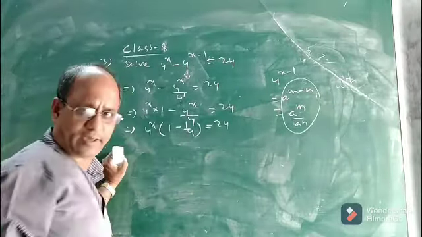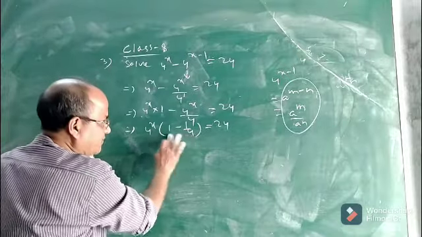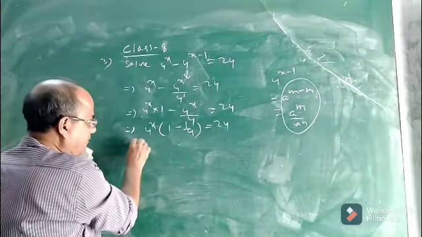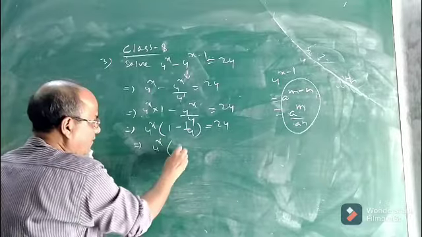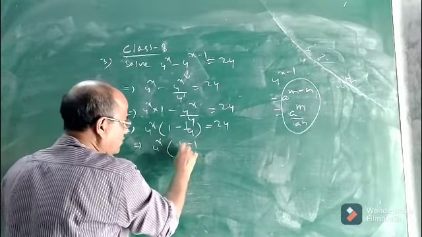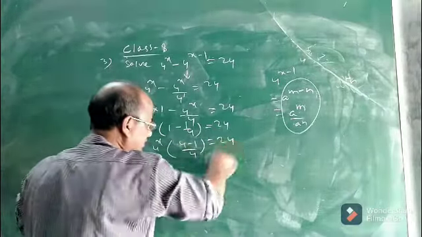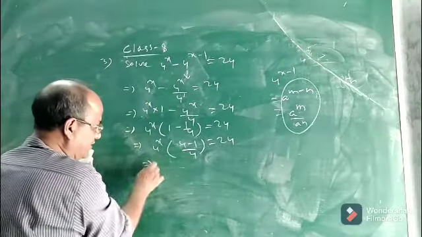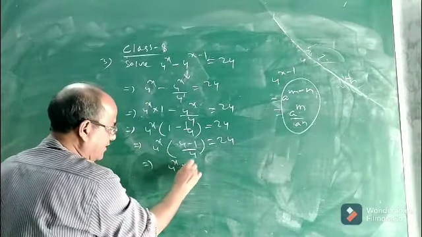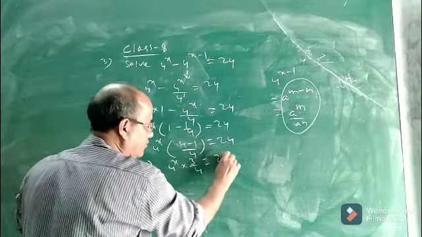See. Okay. Now what is the value of this? Find out. Now omit the bracket by taking LCM. It is 4 to the power x. This will be 4 minus 1 by 4, you know subtraction, it is 24. And 4 minus 1 is how much? It is 3 by 4. 4 to the power x into 3 by 4 equal to 24, you see.